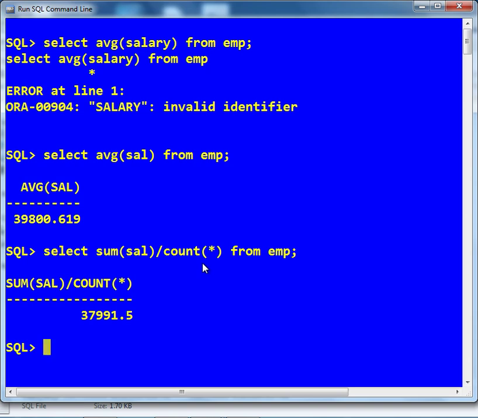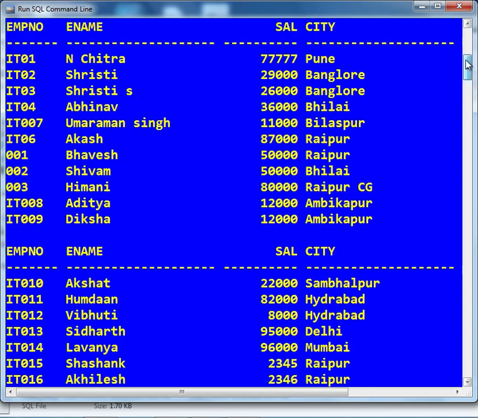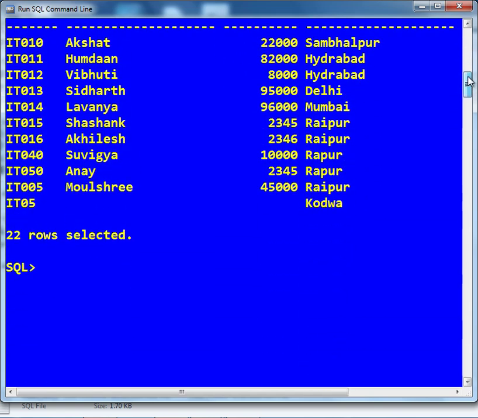For clarification, just see the table, select star from EMP. Why is this coming? Because here we have a null salary in the EMP table. One value in the salary column is null, so it is giving me a difference, because count asterisk is counting all the rows including the null values.